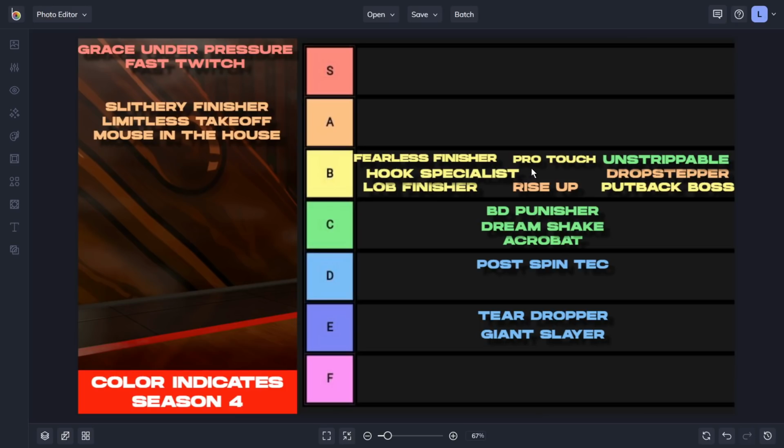So they definitely still belong in the B tier. I don't think they should really be any higher, though. I don't think it really makes the same difference to your build as it would, say, the A tier and the S tier badges we're going to have right here. Moving along, we have Lob City Finisher. This is a one...